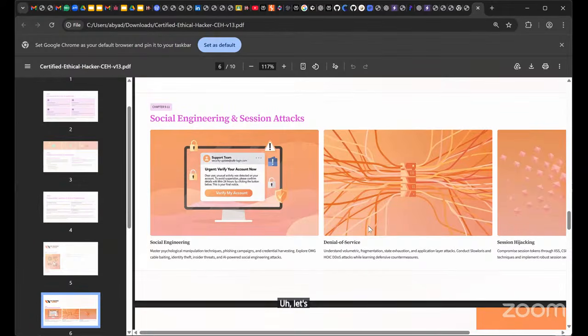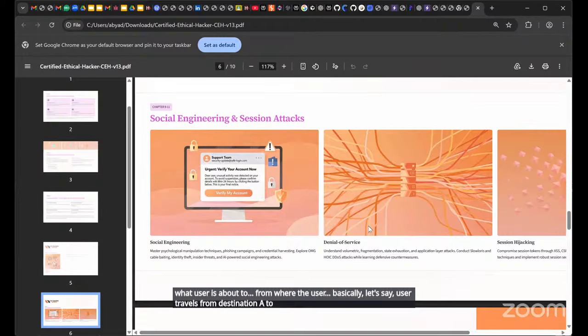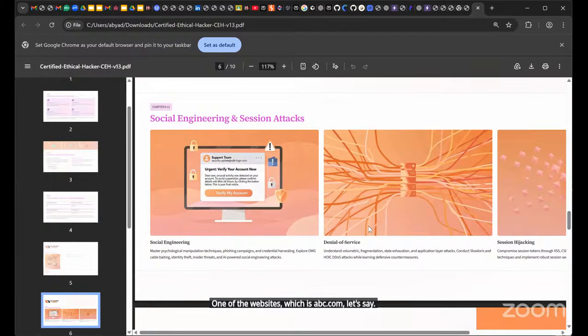Let's say the attacker tracks the movement of a user: which sites the user accesses, what the user is about to do. Let's say the user travels from destination A to destination B every week, and he books tickets from one website, abc.com, every week. Now the attacker understands this pattern, and what he will try to do is create some phishing email or phishing message such as, "Hey, there is a 20% off going on, would you like